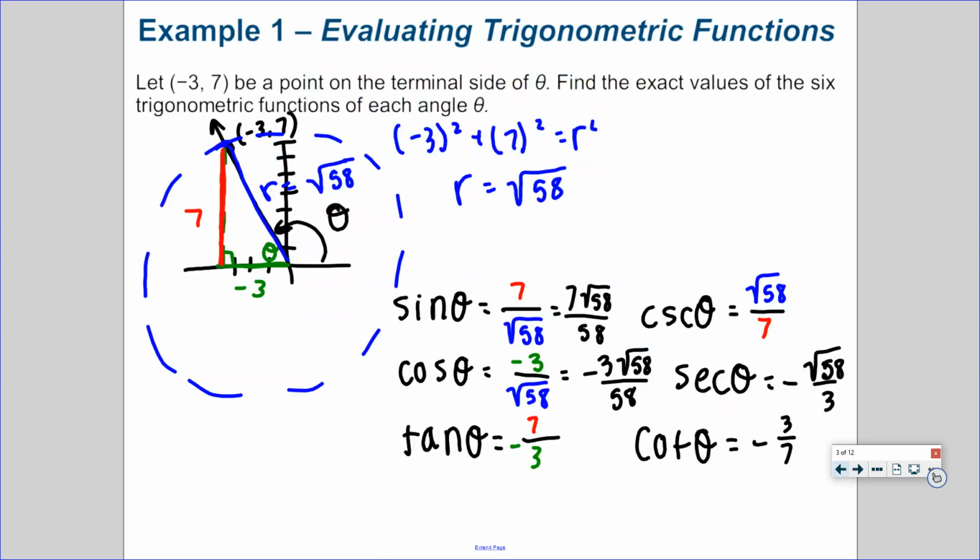Do we need to try another one? Good question. Yes. So, when you use a reference angle, do you always make the adjacent side negative? It depends where we're at. So